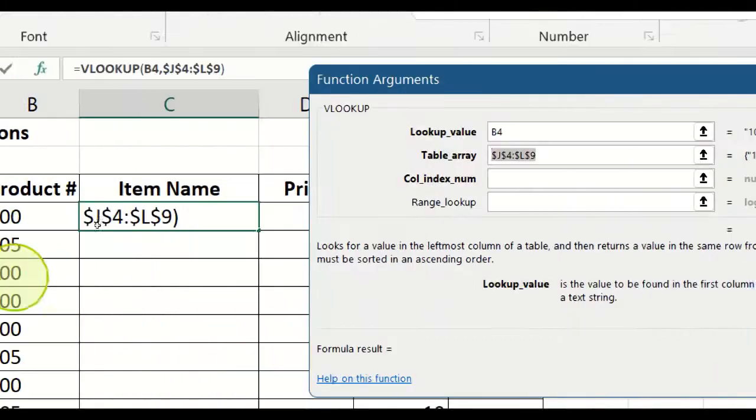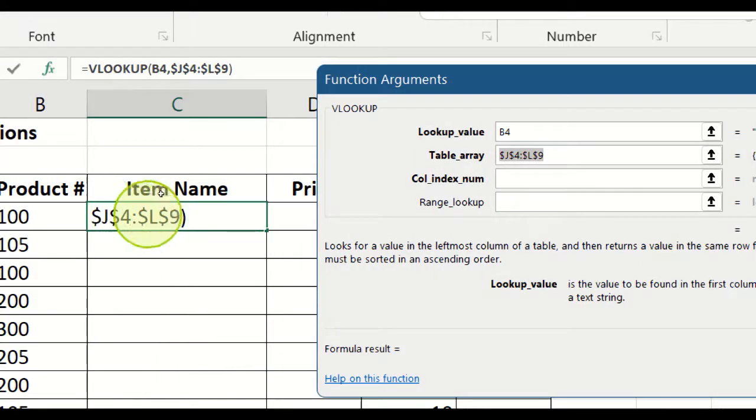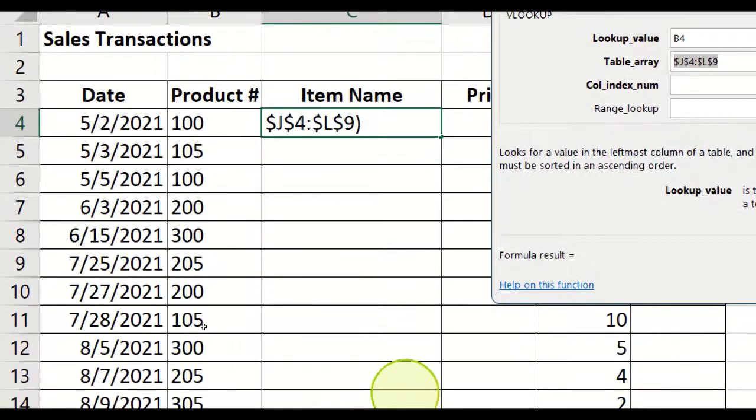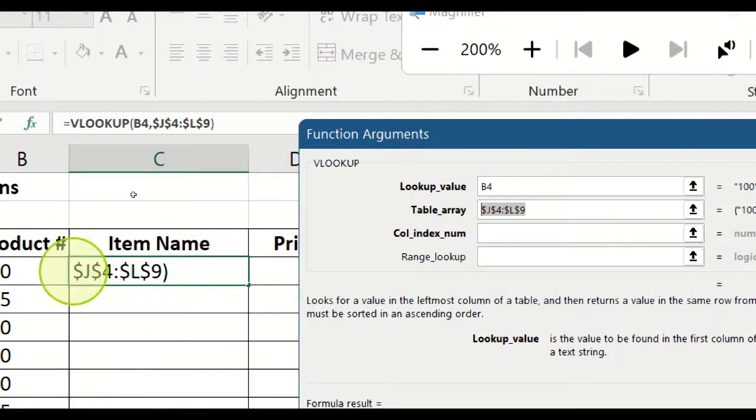For example, here we're creating the formula in C4. When we finish this formula, we intend to copy it downward to the other cells, right? Now, in order for the cells J4 to L9 to remain J4 to L9, we need to put in these dollar symbols, as you can see here. I'll show you a shortcut later, and maybe I'll also show you what happens if we didn't place these